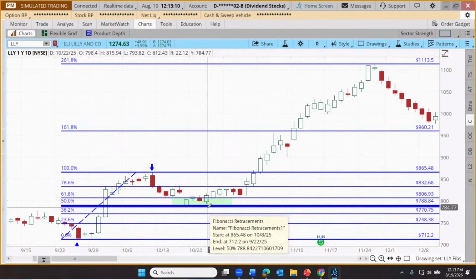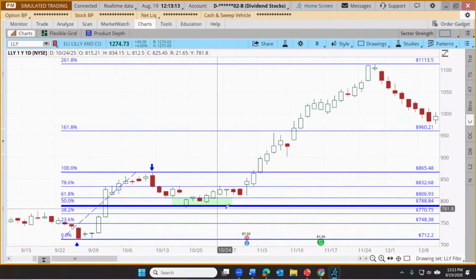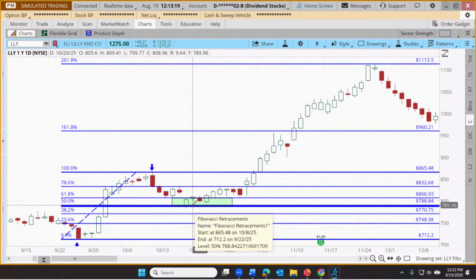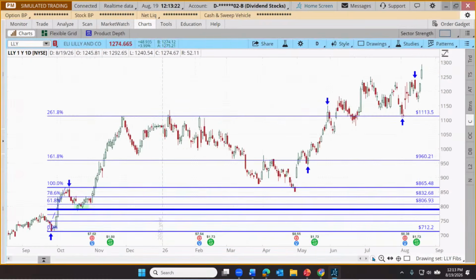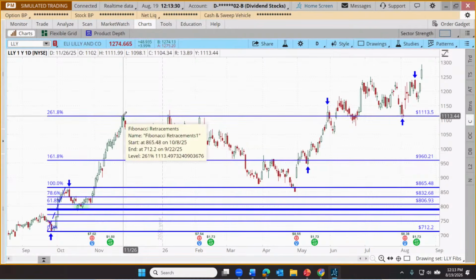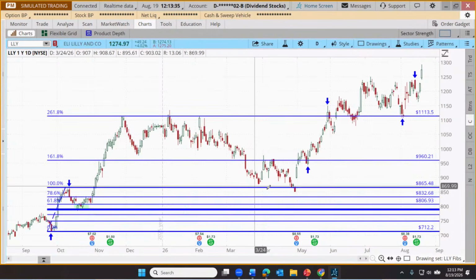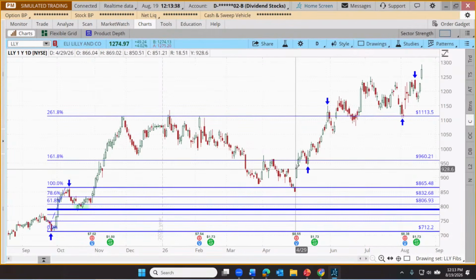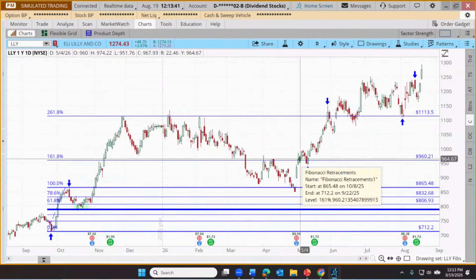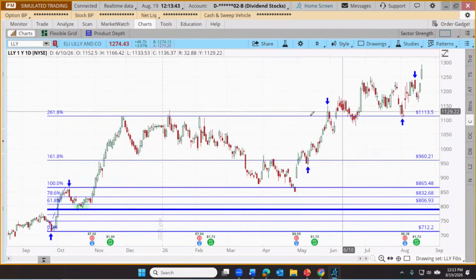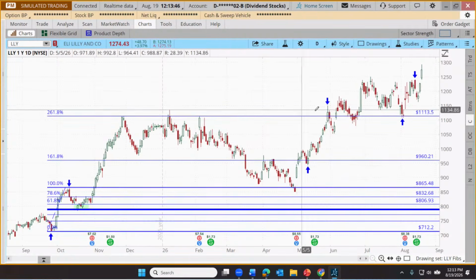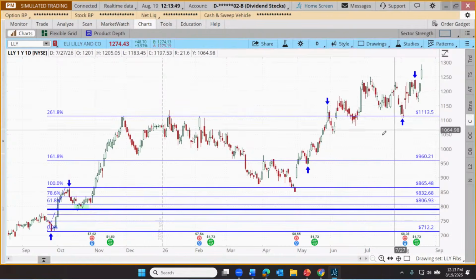So that's a typical or common application of this tool to identify price highs and price lows, and then to trade those. If we zoom back out, we can see that there have been a few more of these. It's interesting. Here was the projection to the 161.8 level. We reached that. We actually got up another equivalent move to the 261.8 and then started chopping sideways. But even into the distant future, these levels may identify potential price floors and price ceilings. For example, as we got above this 261.8, that seemed to have acted as a pretty good price floor.